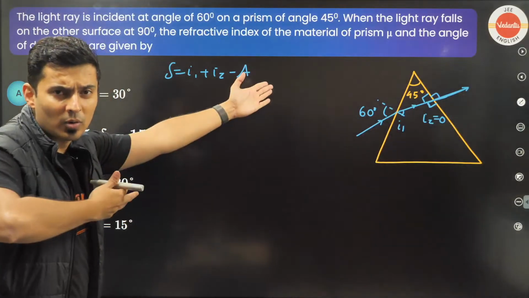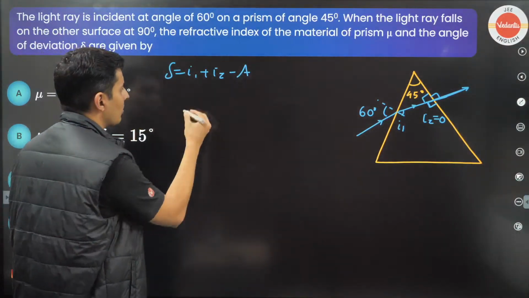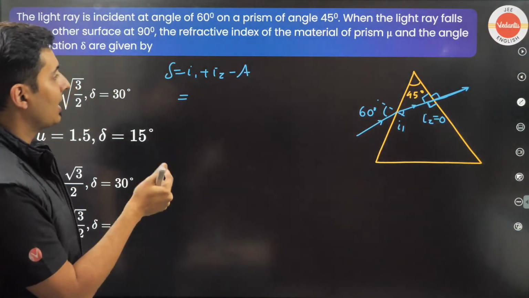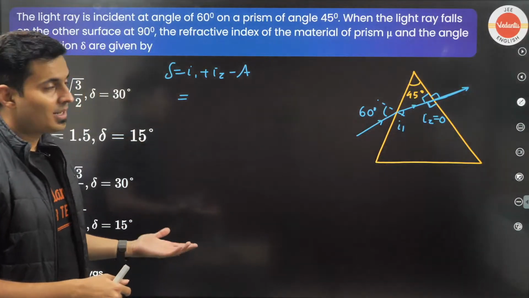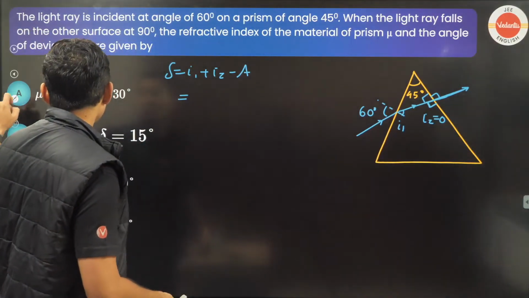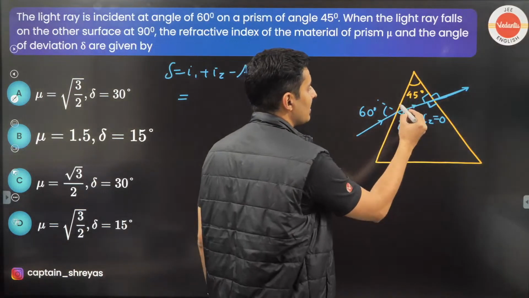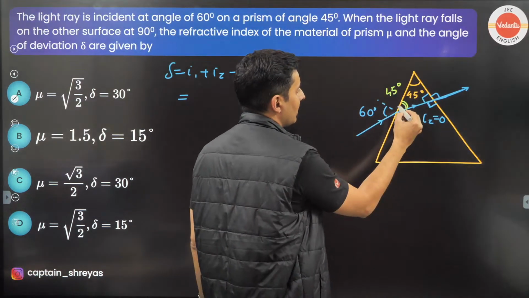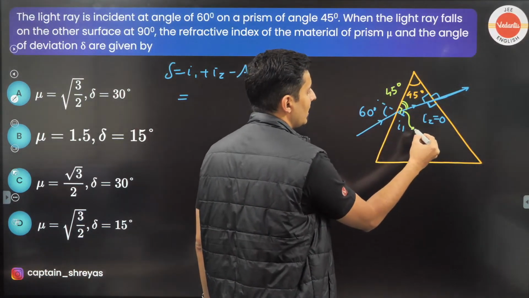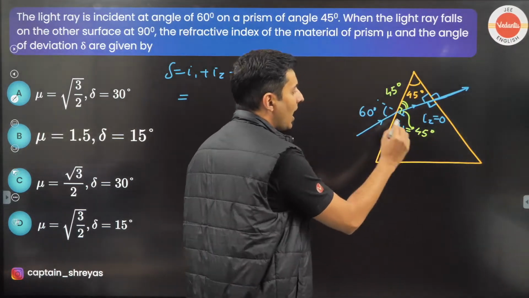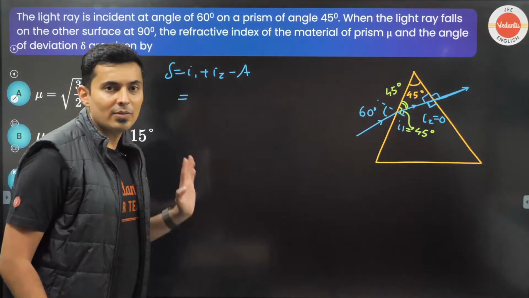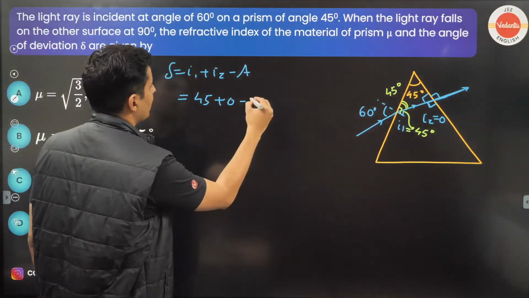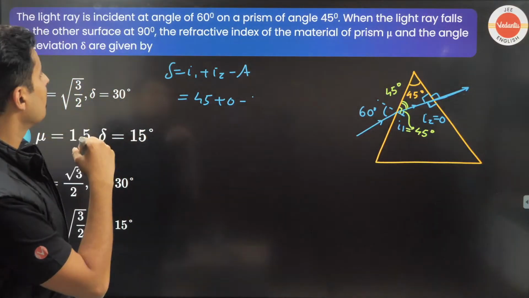Somebody was asking how to solve problems of prism which has angles. This is how we solve it. It's complete geometry. I1, I do not know that. But can I find it out? Maybe yes. Let's see. Observe now carefully. If this is 45, this is 90, how much will this angle be, guys? Obviously, this will be also 45 degrees. And this is 90 degrees. So how much will this angle be? This will be also 45 degrees. So I1 will be 45. So substitute I1 as 45. I2 is 0. Angle of the prism is nothing but